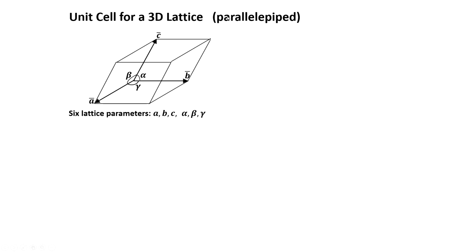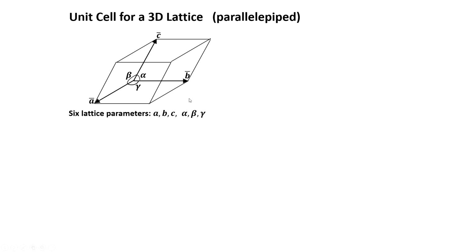In the last lecture, I had introduced the concept of a unit cell in a 3D lattice, as you can see here pictorially. So, a 3D lattice unit cell in general can be called a parallelepiped, and this is a general unit cell. It has 6 lattice parameters a, b and c, alpha, beta and gamma, as can be seen from the figure. Now, we need to populate this parallelepiped with lattice points.